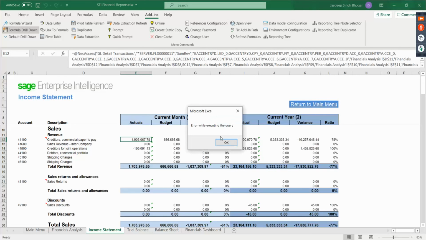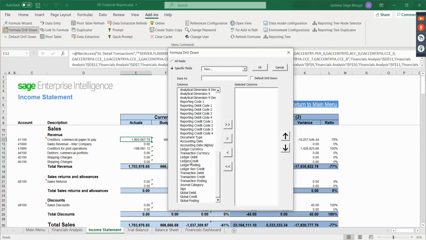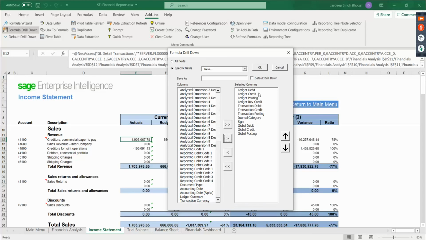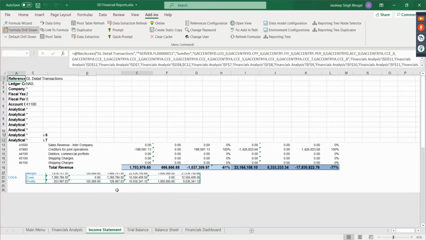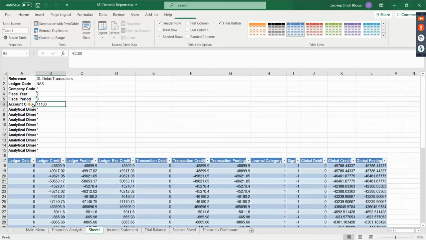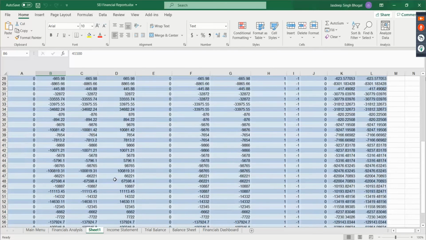And now that will result in a new spreadsheet where we will actually see the drill down of that particular report. Let me just try it again. All right, so right here, we see the account code 41100, and then all the different postings which refer to